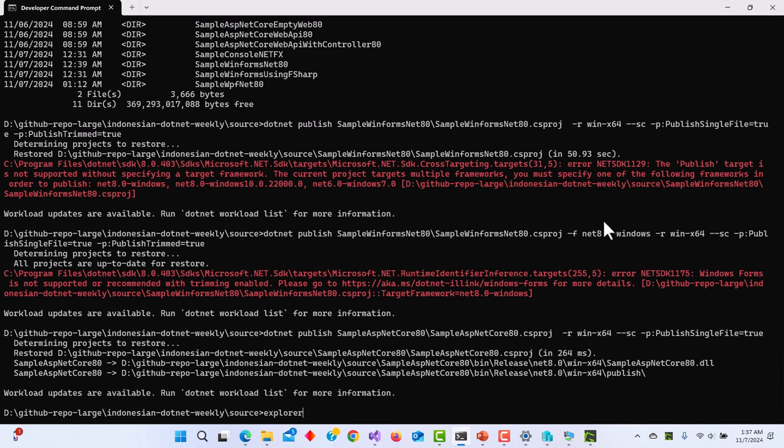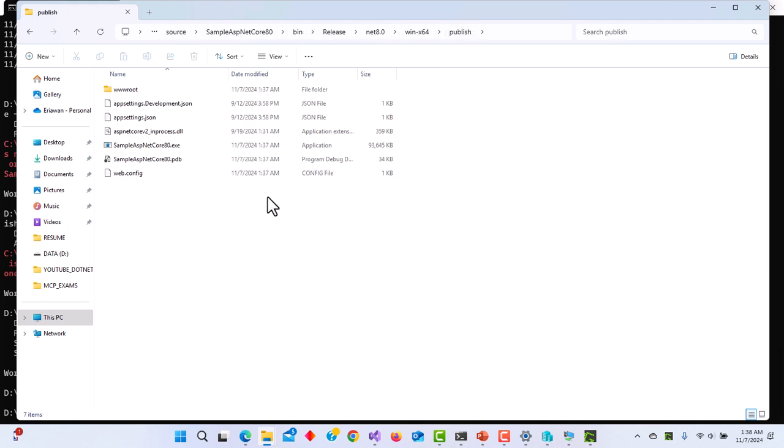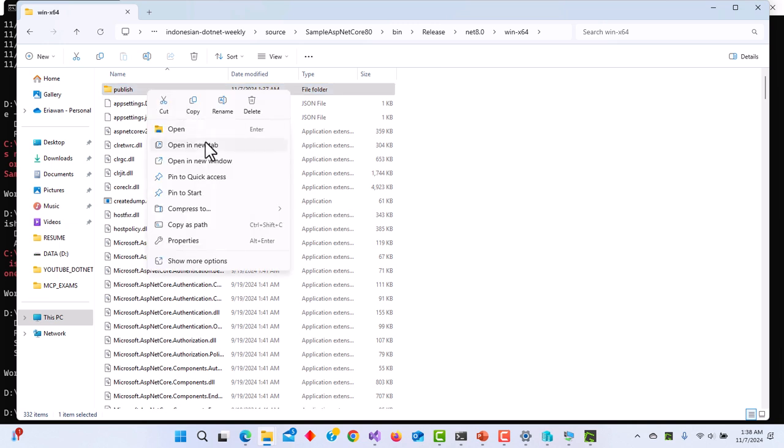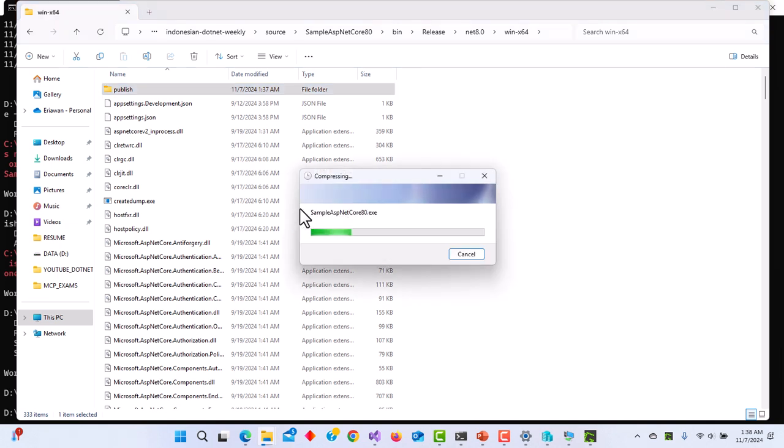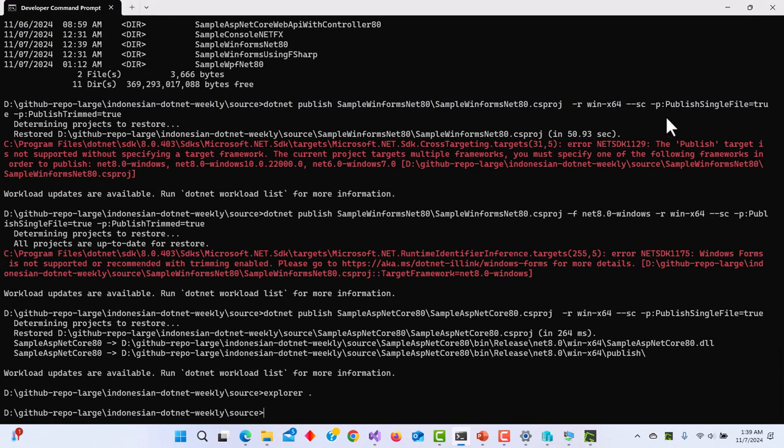And let's look at the Explorer. I'm going to copy this and change to that folder. Okay, we have here a 93.6 megabyte file. So I'm going to create a zip of this guy. Wait for a moment and take 0 and trim. We have 42.3 megabyte. And now if I use trim against that project,